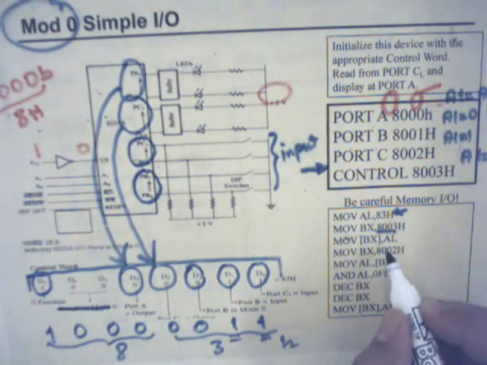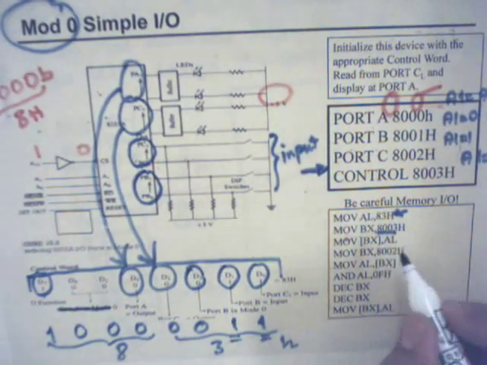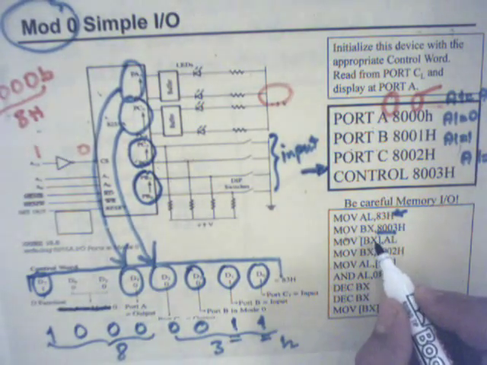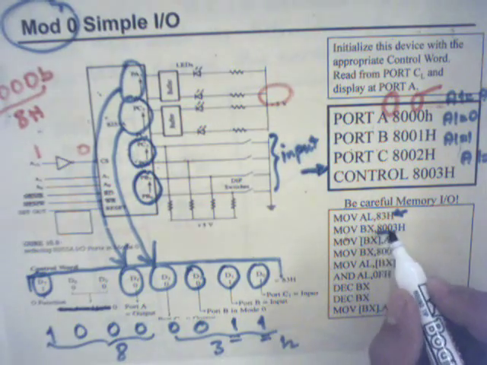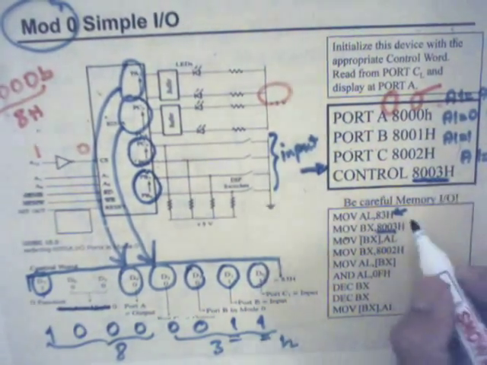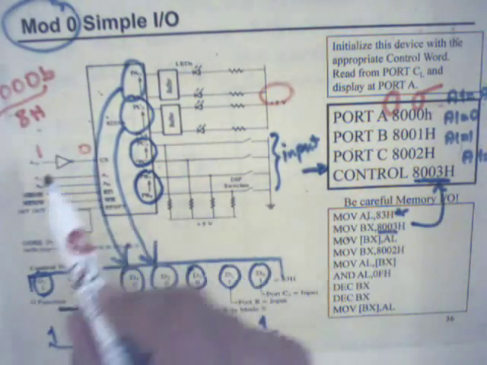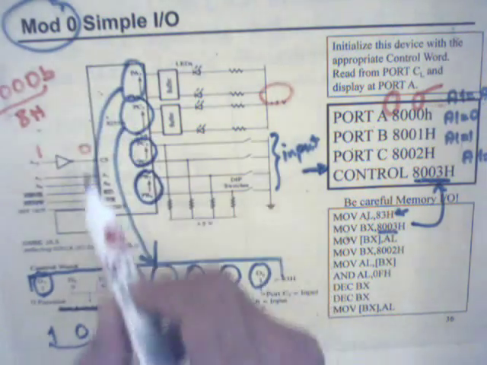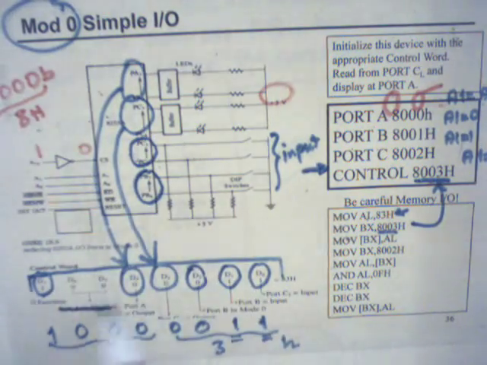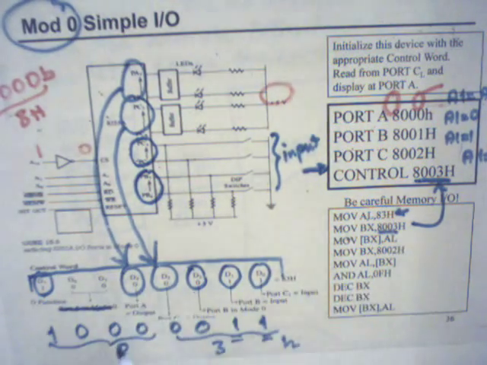Then the value stored in AL, which is this value, is sent to the address 8003. Address 8003 is the control address. So whenever it's sent, this chip is selected and the control register is active, and this value 83 is stored into